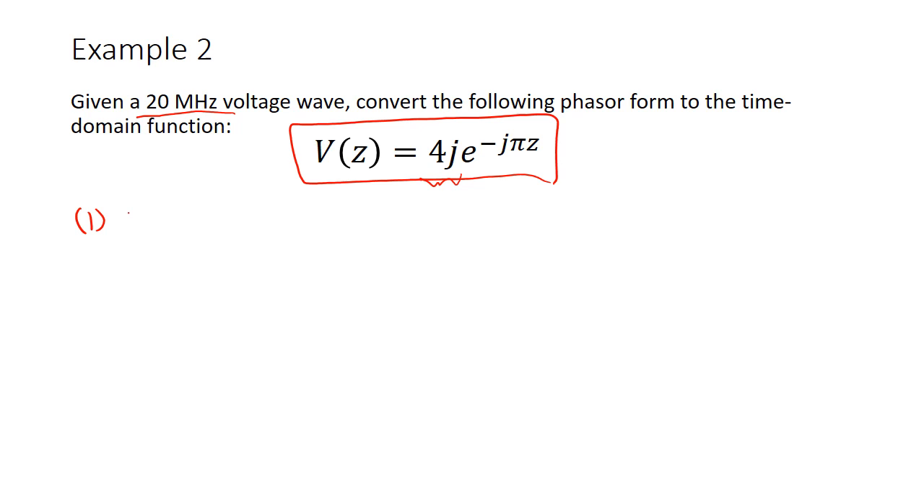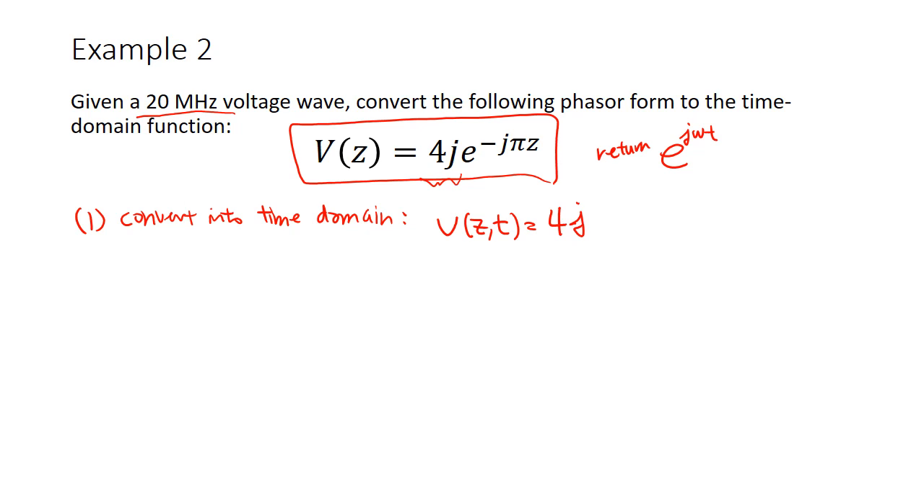So first of all, we want to convert this into a time domain function, and we do that by addressing the fact that earlier we removed this e to the j omega t term. So now we are going to return it. Before, we took out the e to the j omega t, now we're going to add it back. So v of z, and now it is a function of t, is going to be equal to 4j e to the minus j pi z with a new e to the j omega t term that we just put in,